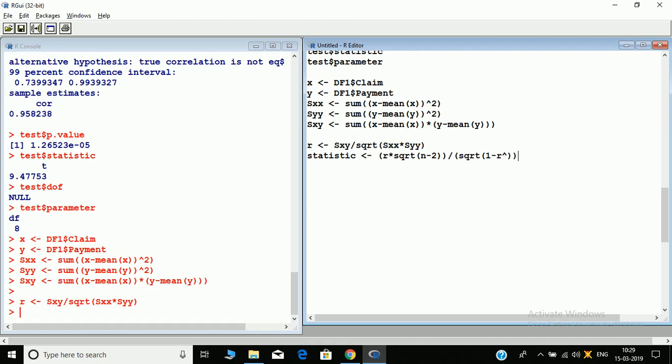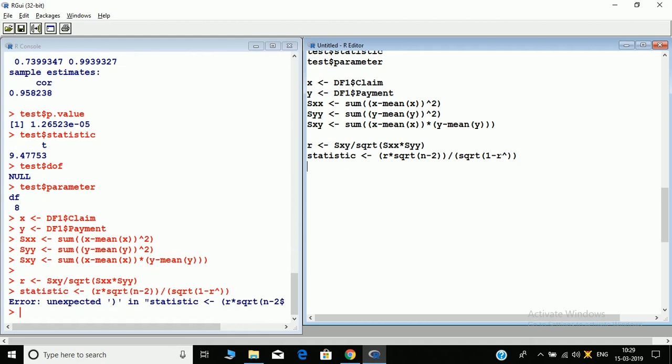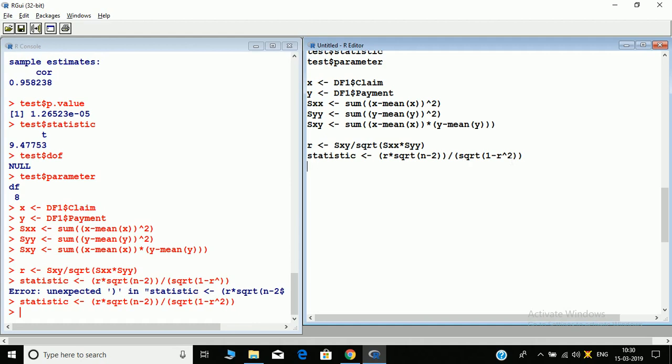Okay, it's given in theory. This is the test statistic. We have a bracket error, R square.